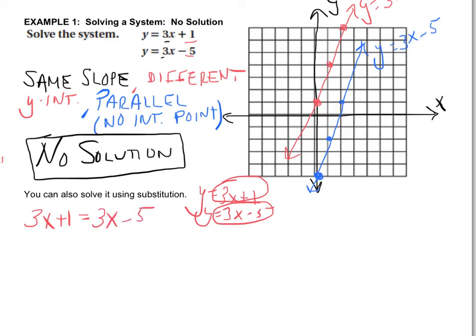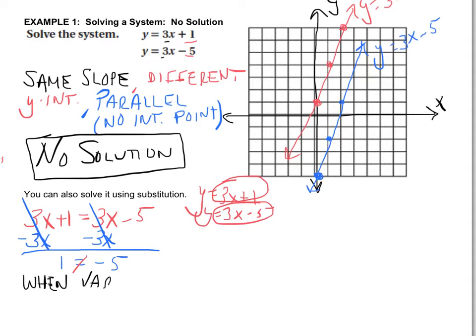My first step is to bring my x's together, so I'm going to subtract 3x from both sides, and this is where we have the problem. 3x minus 3x cancels, leaving me 1. 3x minus 3x cancels, leaving me negative 5. Well, 1 is not negative 5. What we want to remember here is when the variables disappear, meaning they've canceled out, notice the x's canceled,